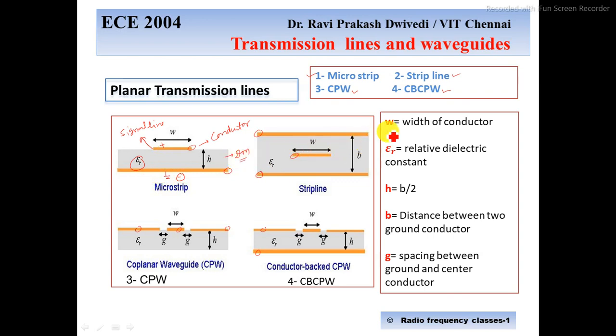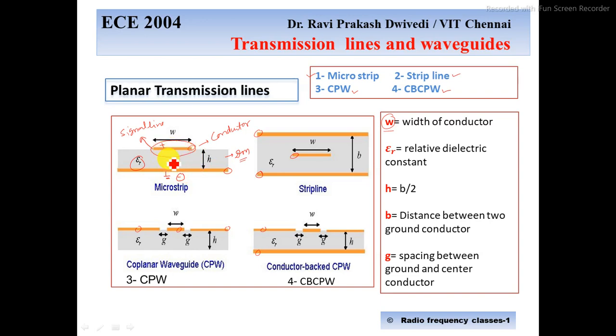You can see on this side I have written W. These are the design parameters when we are designing any type of transmission line elements or devices. At that time we have to consider all these parameters. So we should know, and I'll explain individually one by one. The first parameter is W, width of the conductor. Whatever signal line we are taking, there will be a certain width of this conductor. In due course I will explain how to calculate this width. First we'll just have an idea of what the width is.